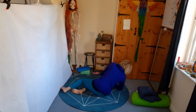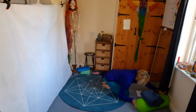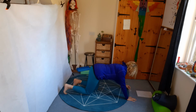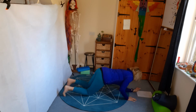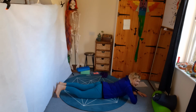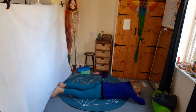So now come on to your tummy for this prone inner thigh stretch. Remember, so you're on your tummy, you're thinking about those 3 points of your pelvis, your 2 hip bones and your pubic bone,